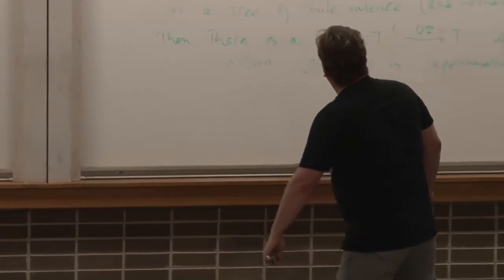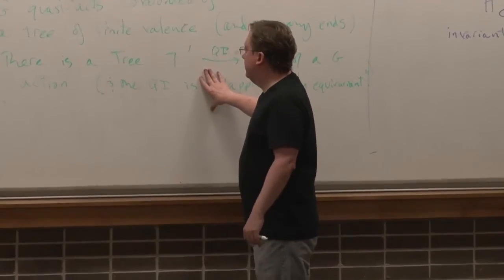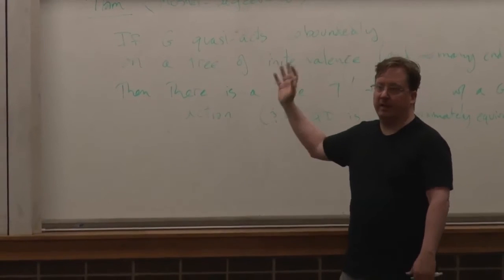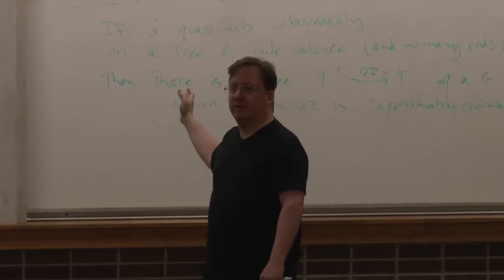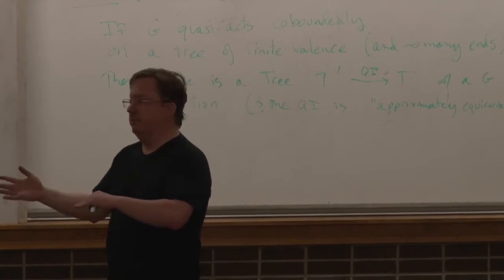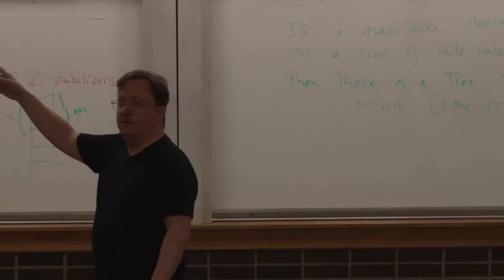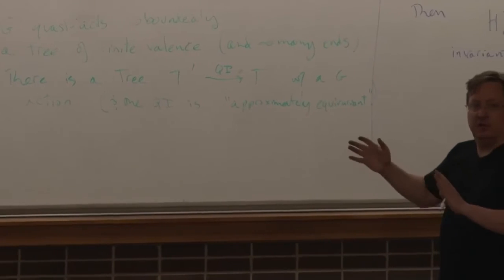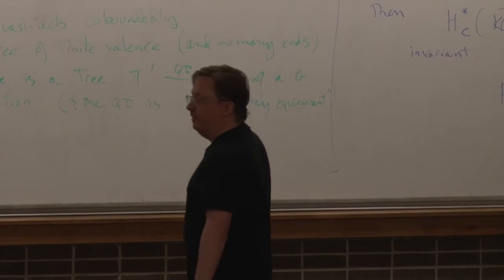Essentially, I won't say a lot, but the first step is to get G to act on some simply connected 2-complex, which is quasi-isometric to the tree, and then use this machinery of minimal tracks to find a G-invariant decomposition of that 2-complex to get then a dual tree that you act on. Okay.